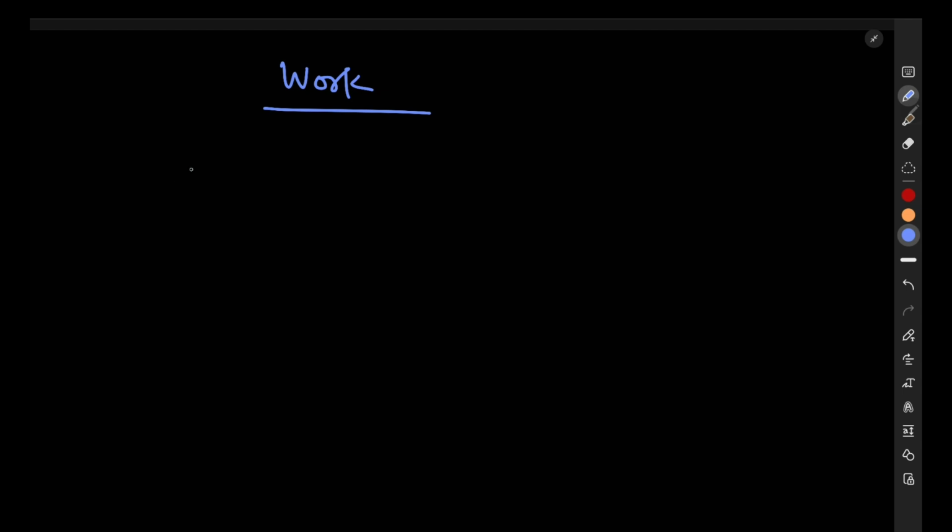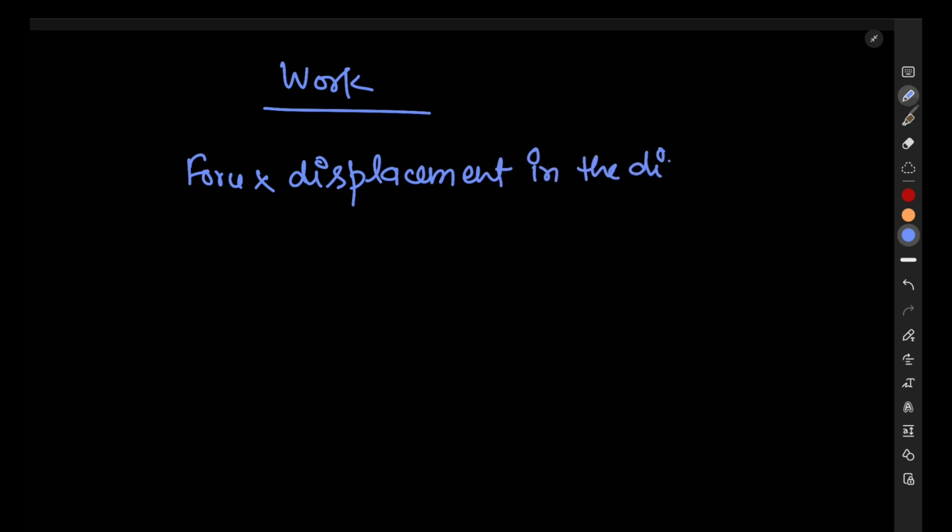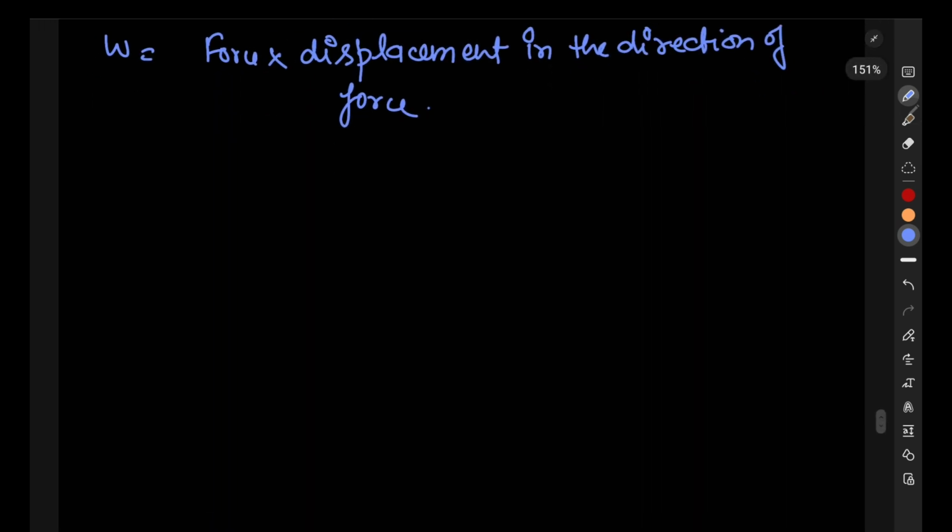So work is defined as force into displacement in the direction of force. Work equals force times displacement in the direction of force. So if you apply a force on any body and it displaces from its own position, this